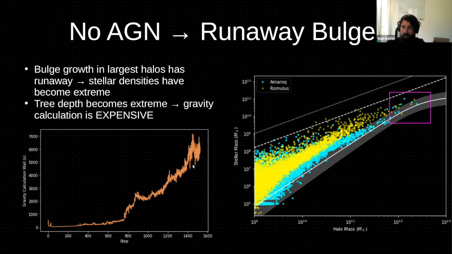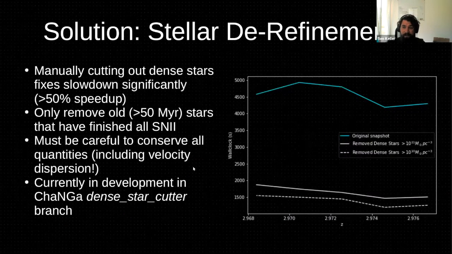So I'm working currently on a solution of stellar de-refinement, where we're actually merging high density old star particles in order to reduce the depth and the cost of gravity calculations. This is a thornier problem than you might think. Conserving things like mass and linear momentum is trivial, but you also want to make sure that you conserve the velocity dispersion so that you don't end up removing support from this bulge and making your